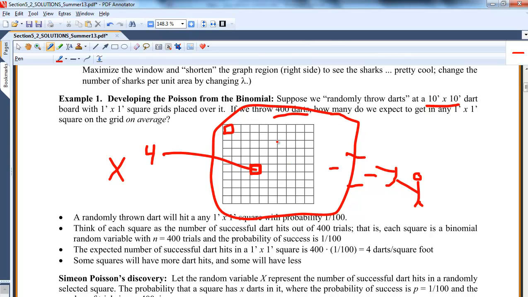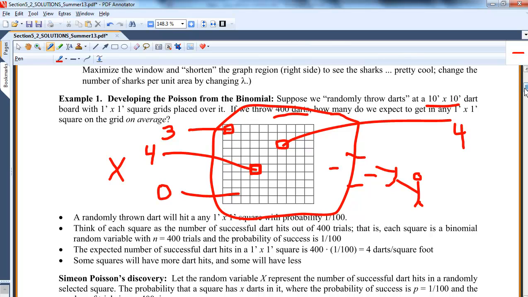And if I looked at this one over here, I would expect 4 dart hits to be in there. And we know expectation isn't reality necessarily. I mean, some of them might have none, 1, 2. Maybe this one up here only got 3 hits in it. Maybe the one down here has no hits in it. But if I took all these boxes and did an average, on average there would be 4 hits per box. And I'm going to use that average, that rate of 4 hits per box, and that's how we make the Poisson.